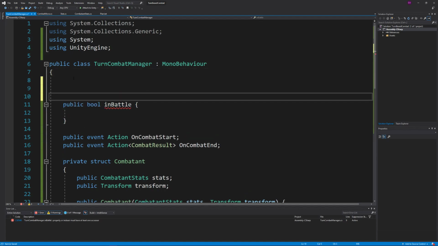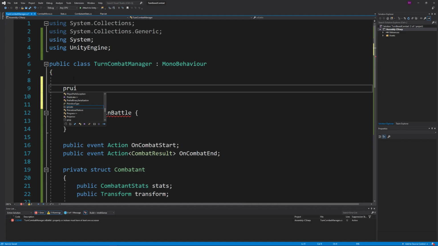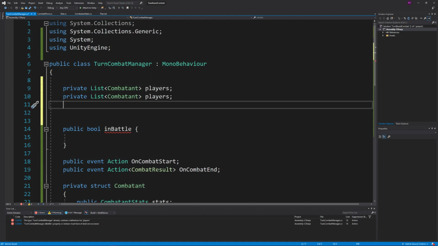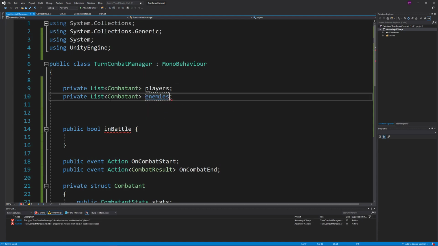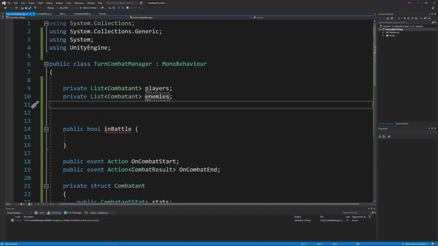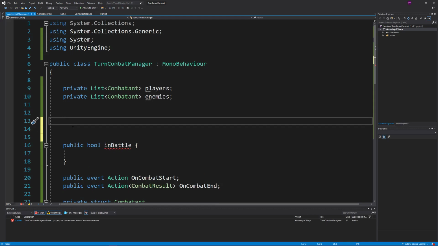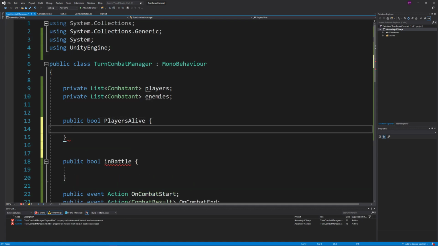So first off, let's create some private list of combatants, all list players, and similarly we need our enemies, and then we'll create two bools that are going to be players live, and then this just returns